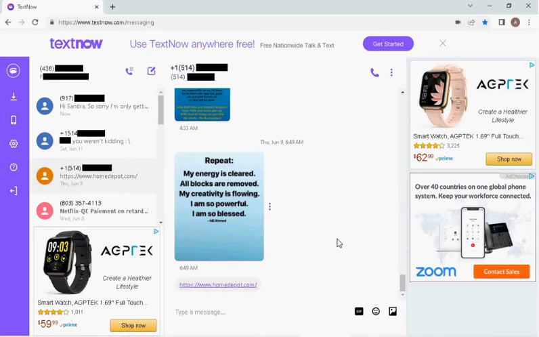So ever since the termination of the Hangouts call phone feature, or the Gmail call phone feature, where you could call any phone number in Canada and the US completely free of charge, I now have no choice but to recommend TextNow. I have used it to make long phone calls, to make important phone calls, and for the most part, again,